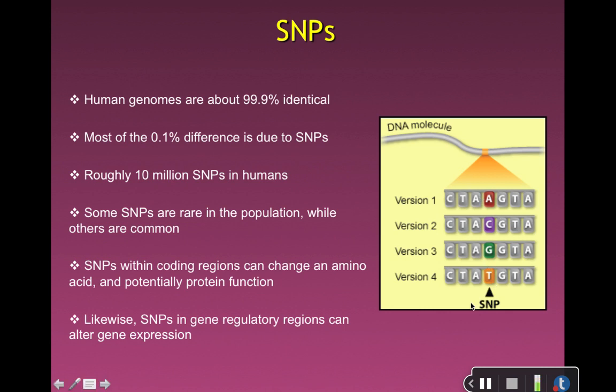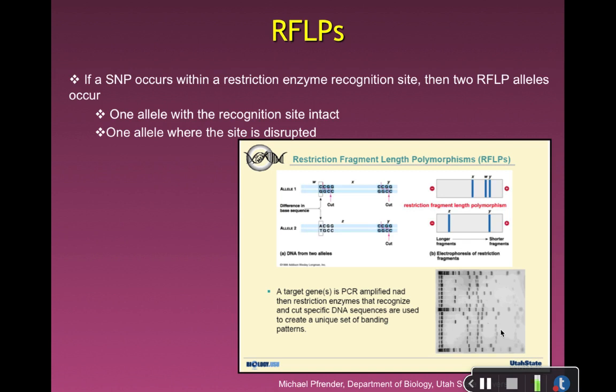And so you can imagine a portion of DNA, again, may or may not be part of a gene, but a portion of DNA where most of the bases are identical among individuals, but there might be one position that can be different. So here we have either an A, a C, a G, or a T, again, depending on the individual. And so that SNP, that one base difference, that single nucleotide polymorphism, can potentially have an impact. So for example,